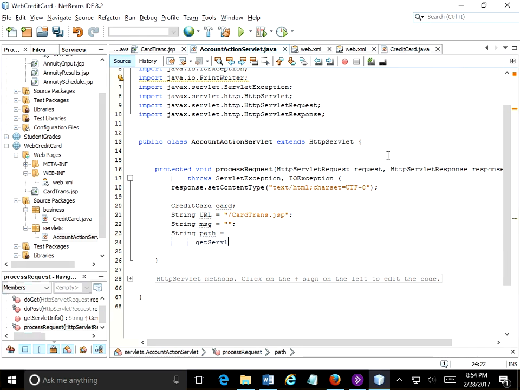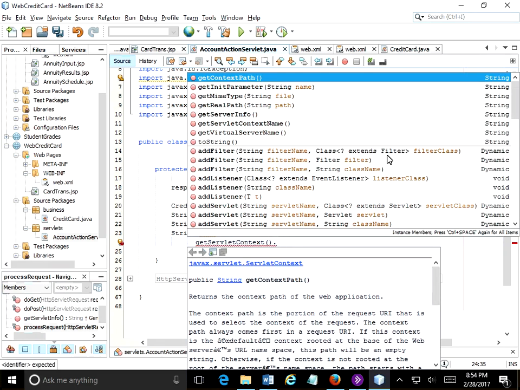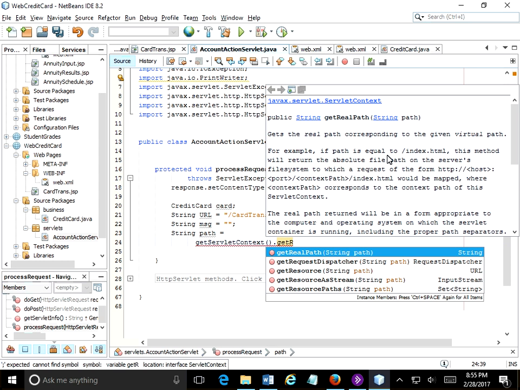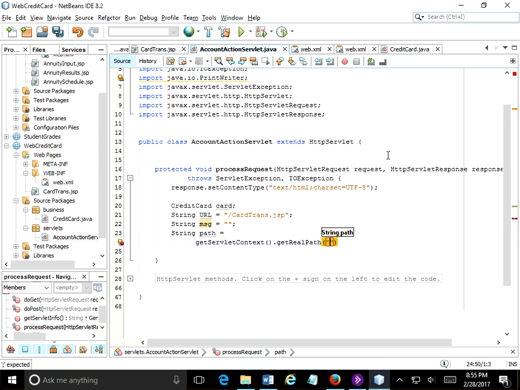So we can do a get servlet context, and from that method we can ask for the real path. In other words, when it's running on the server, the web.inf folder might be in a number of different locations depending on the web server that's running it. So we're going to do a get real path, and what we want the path for is the web.inf